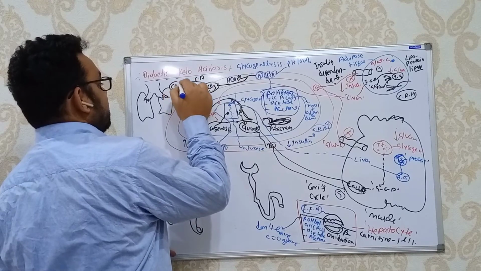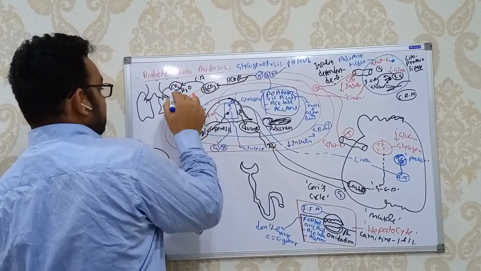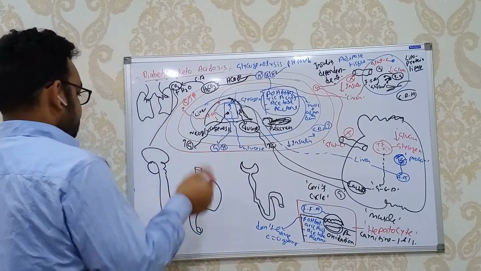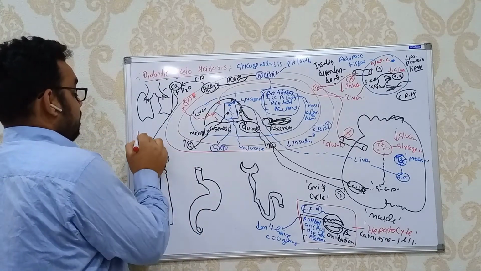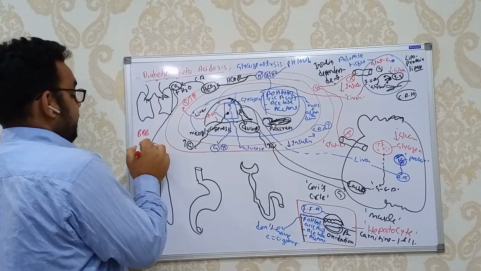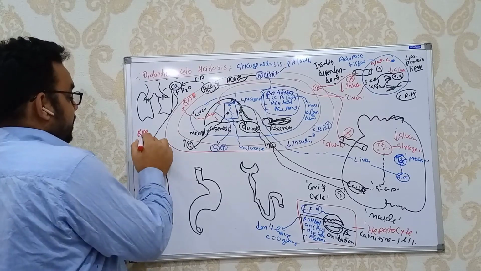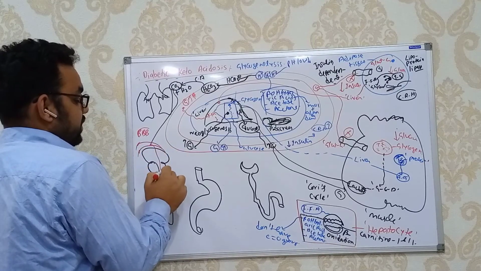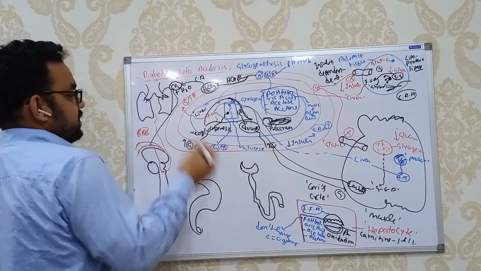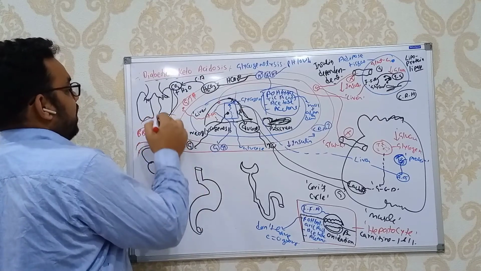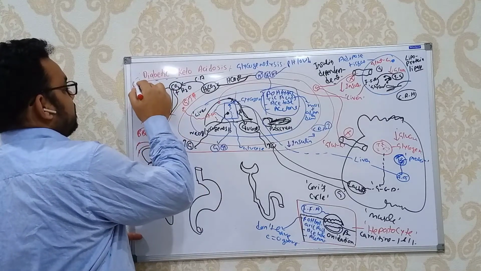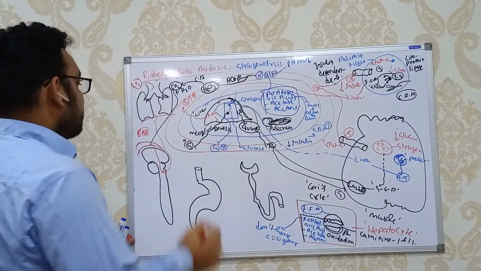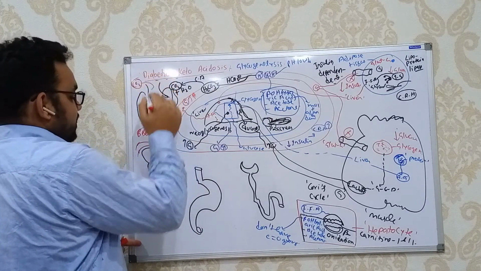Now this carbon dioxide can cross the blood-brain barrier, and after crossing it, they will go to the inspiratory center and activate the lungs, these muscles, especially the intercostal muscles, and as a result CO2 will come out. And the most important thing regarding this, whenever this CO2 comes out, in this case we will see